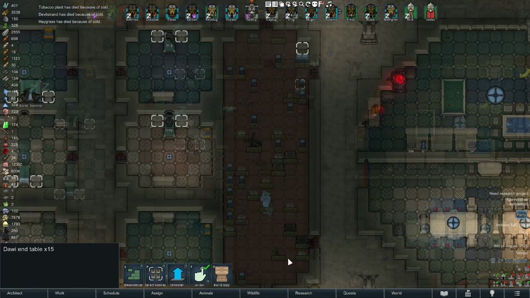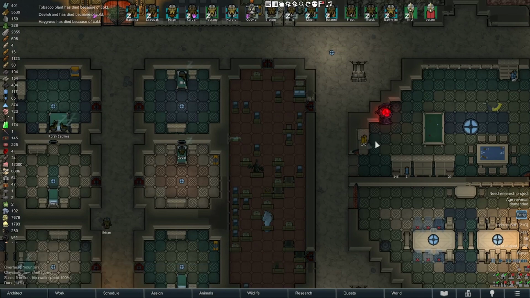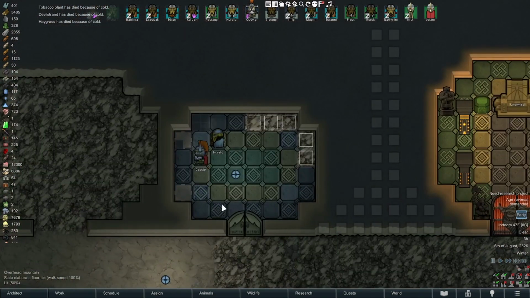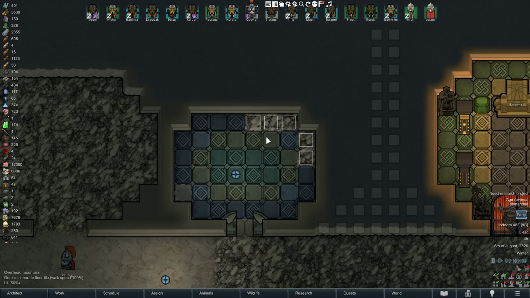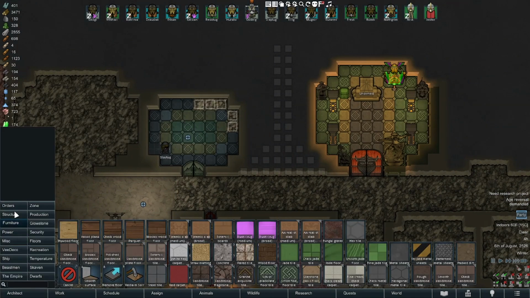A lot of plants dying due to the cold. Nice strong doors. Should check this zone once in a while just to see what we have laying about. So we did a little bit of marble, a bunch of slate, some of the other green stones that we were still chilling on. And I think one thing we're going to have to do just to make this proper is